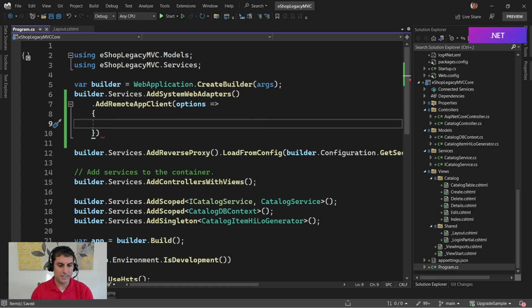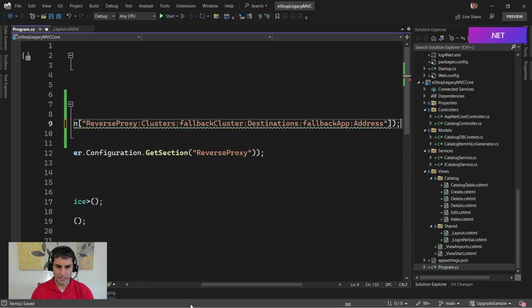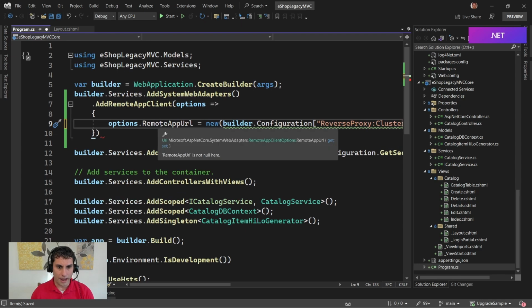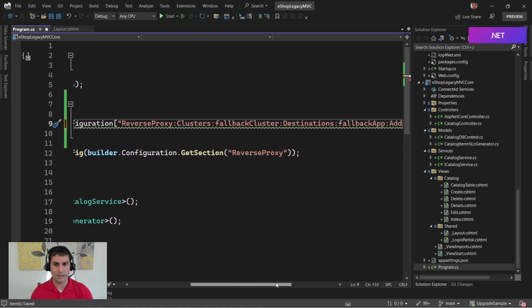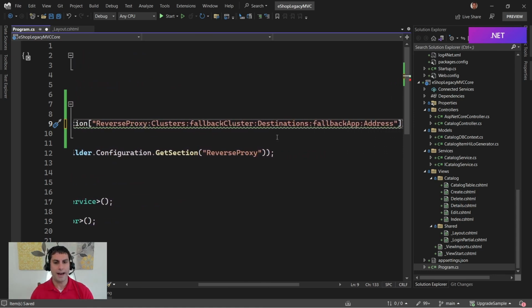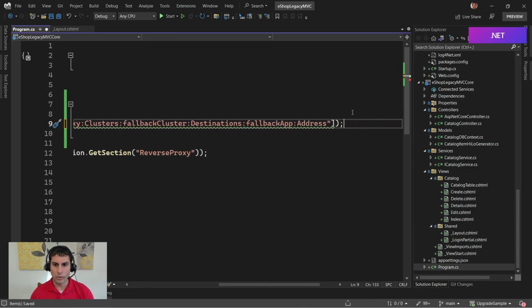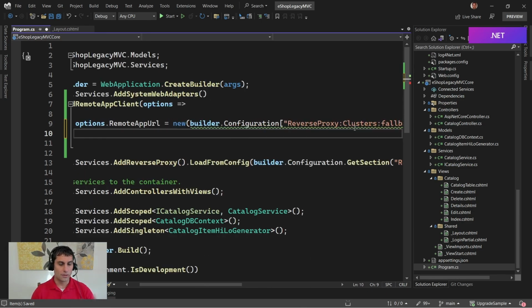First, we're going to have to set the remote app URL. So when we go and get information from this remote app, where do we get it from? Okay, so we're going to say that remote app URL equals a new URI, and we're actually going to use the YARP proxy's configuration because we already have the URL of our ASP.NET app set up as something that the YARP proxy will fall back to. We're going to use that same configuration value as the URL that we're going to redirect to for remote app